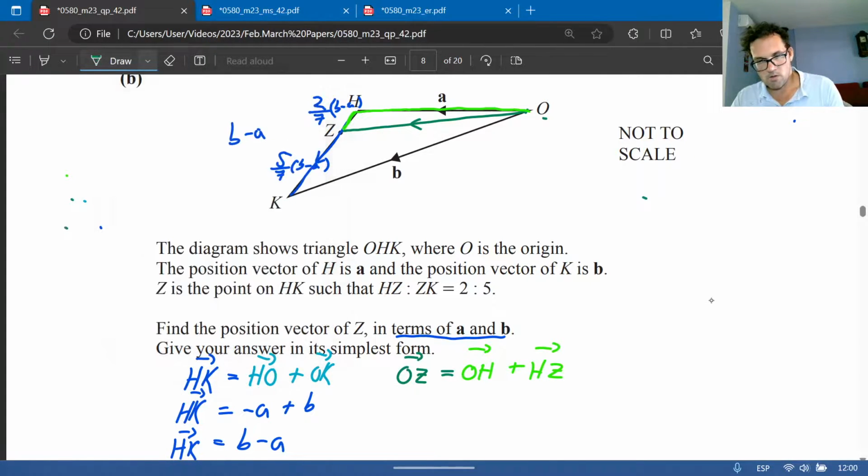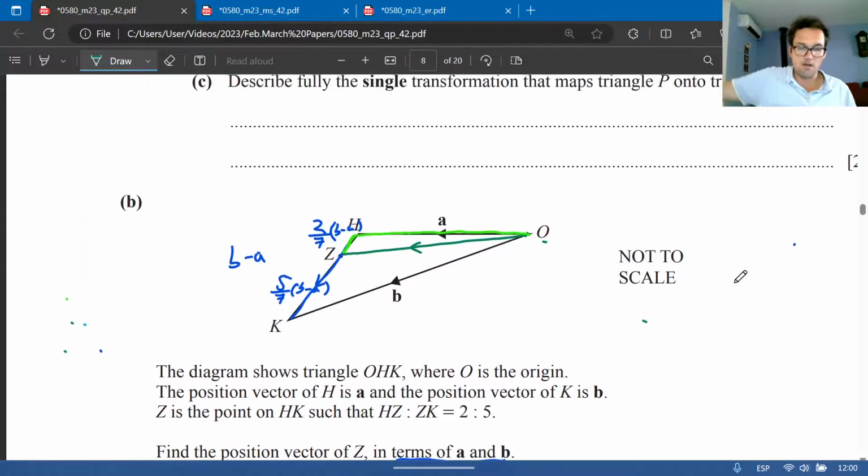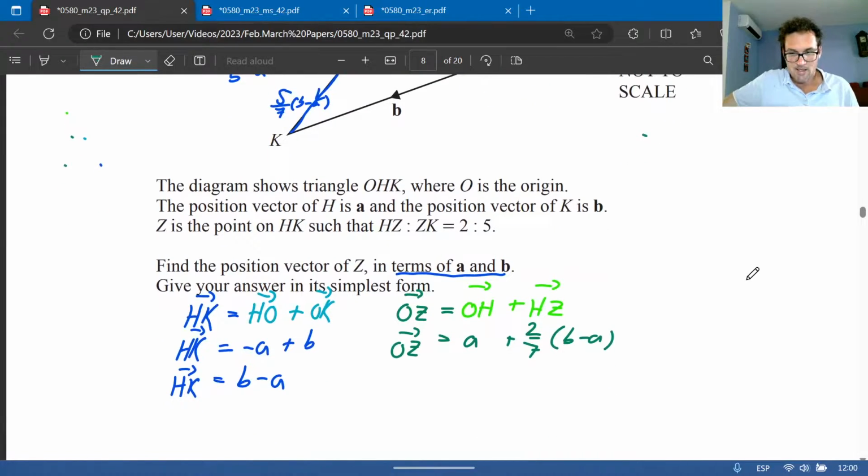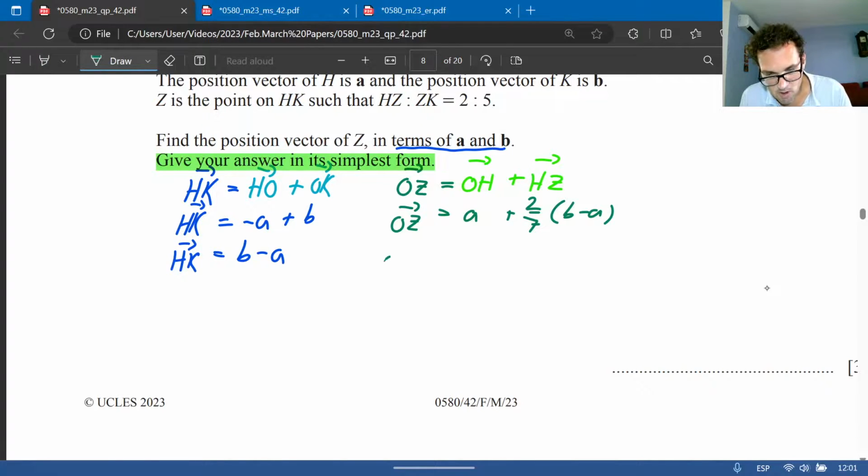What do we know about these two paths? Well, we know OH is A, that's easy. And we know HZ is 2/7 (B minus A). And that's it, we got the answer, we've done it. Okay? Just be careful, it says give your answer in its simplest form, and that is not the simplest form. But we can do it, we can deal with this. Alright, so that means OZ